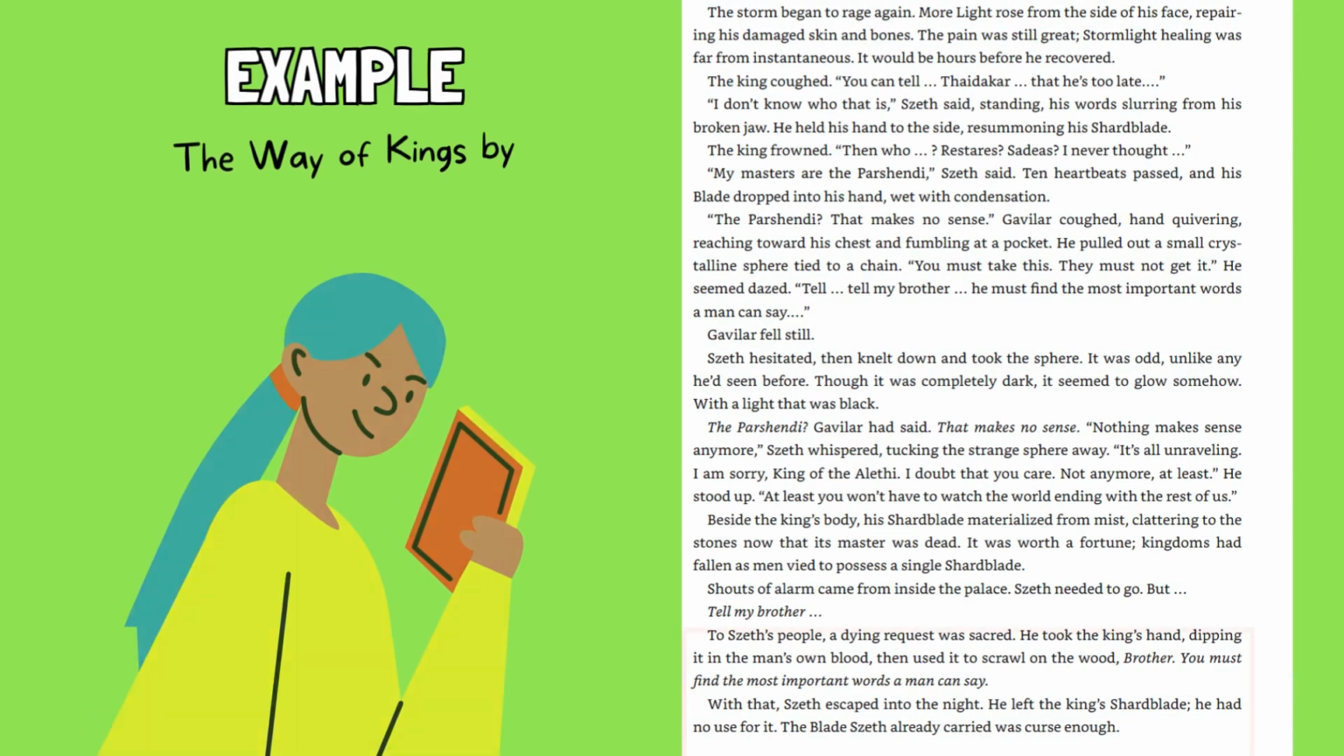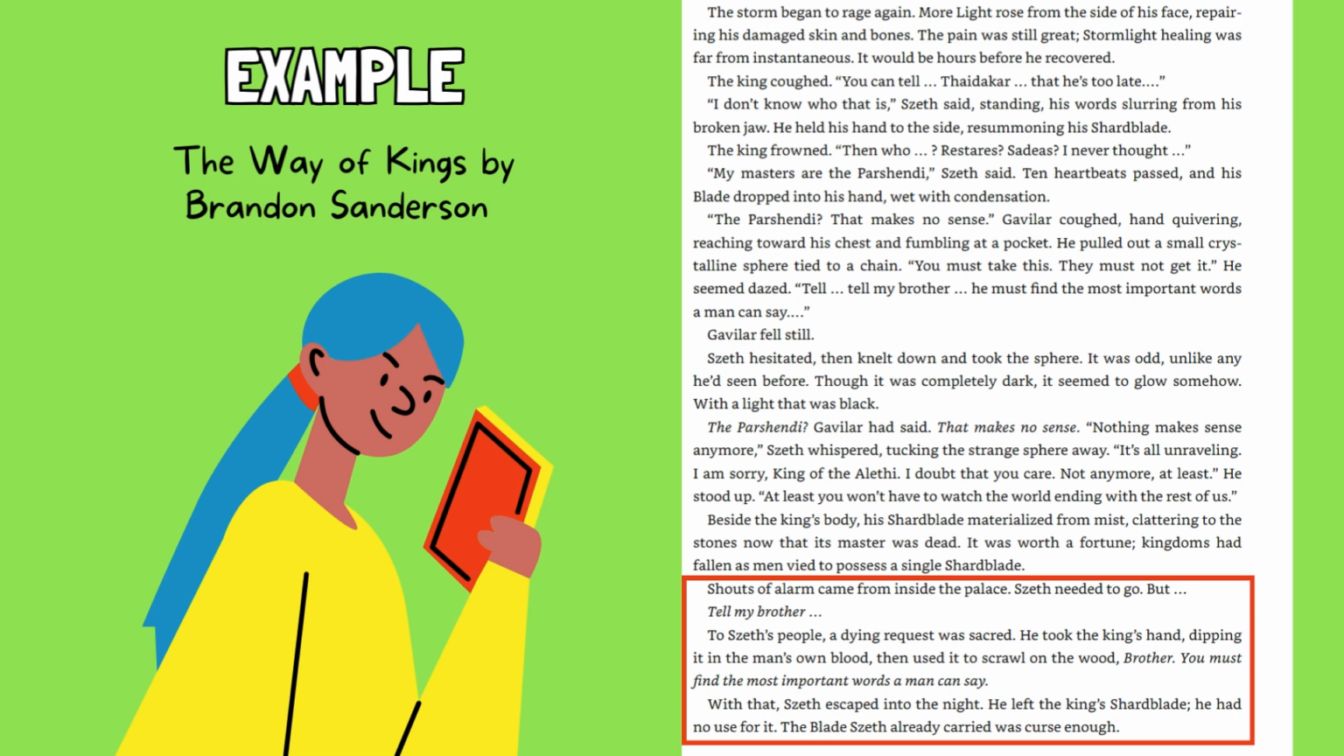The prologue of The Way of Kings by Brandon Sanderson ends with a powerful cliffhanger by revealing a mysterious black glowing sphere entrusted to Seth by the dying king, Gavilar. This enigmatic object, combined with Gavilar's cryptic last words, raises numerous questions and tantalizes readers with the promise of deeper secrets and looming conflicts. The immediate unanswered questions about the true significance of the sphere, the identity and intentions of Seth's masters, and the importance of the king's final message create a suspenseful hook, compelling readers to continue the story